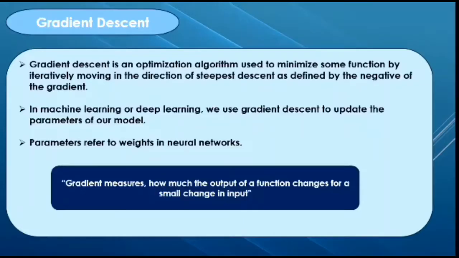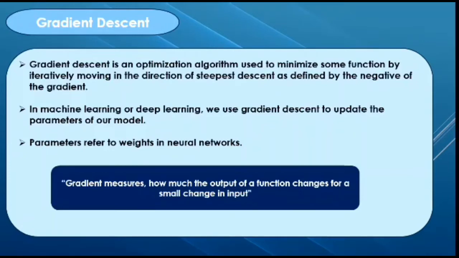So let us first understand this gradient descent algorithm. The gradient descent algorithm basically measures how much the output of a function changes if you change the input a little bit. For all of the examples which we solved, we can consider the weight to be the input and error to be the output. From this, we will know how much the error, that is the output, changes with a small change in input, nothing but the weights. So we can say the higher the gradient, the steeper the slope and the faster the model learns. Or else I can say if the change in error is very high with a small change in weight, then the model is learning very quickly. This is the basic concept behind gradient descent.